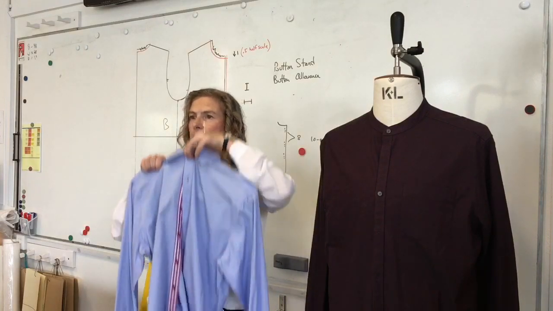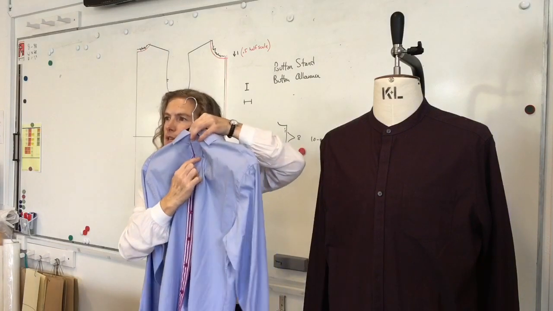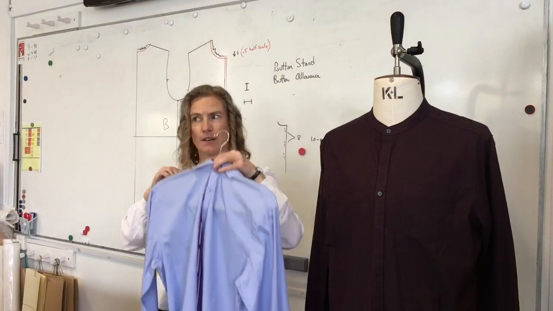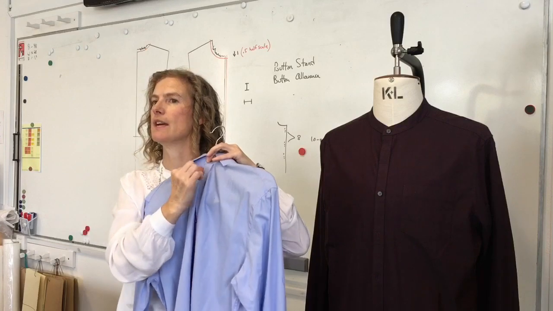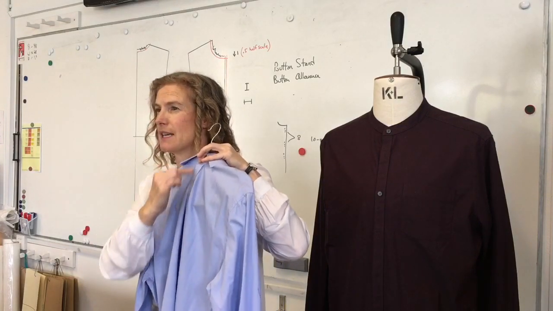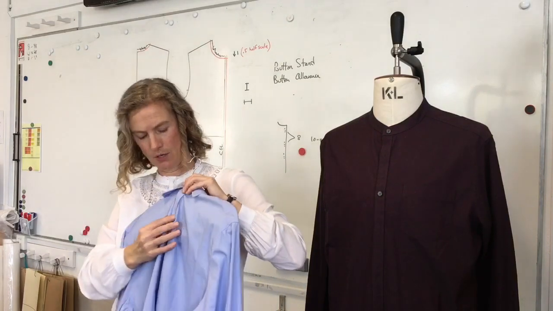If you have a button on the collar, generally speaking, you start about 4 centimeters down. That helps so the hand can get in and button the next button. Now, not always. Sometimes they're right below it. The super formal shirts have a button there and a button right at the top too. But typically 4 centimeters down,